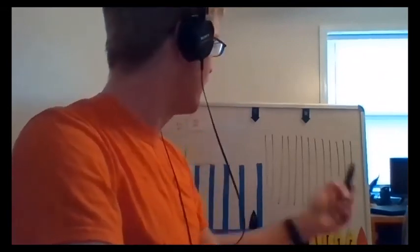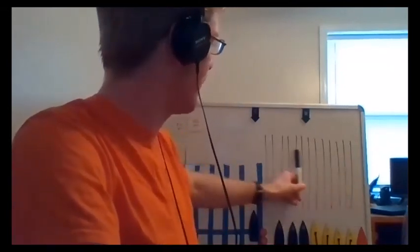It also cuts glare. If anybody's ever been looking into the sun, in the sun's direction, looking at the water facing toward the sun, you get all that glare, all those sparkles that are coming into your eyes, and it just makes you squint up your eyes, and it's horrible, right? But the way polarizing sunglasses cut that is if we were to blow up our sunglasses, this is what it